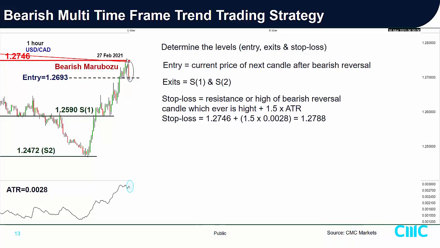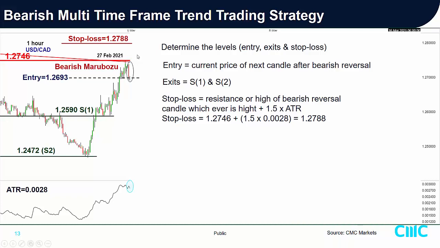Add in a buffer, which is the factor of 1.5 multiplied by this current ongoing 14 period ATR level. At that point in time it is at 28 pips, which is 0.028. So this gives you a stop loss level of 1.2788. So what I mean is, if price action starts to hover up over here,